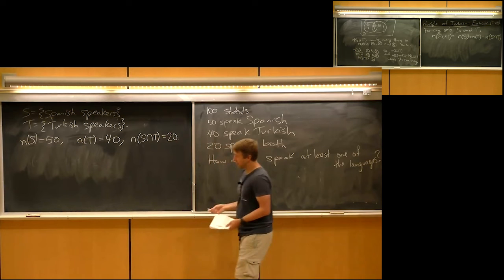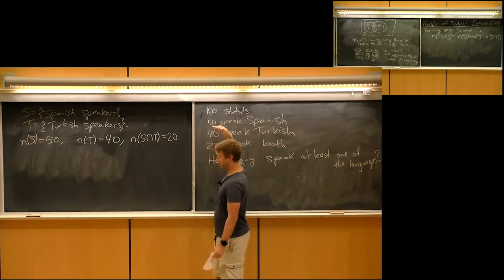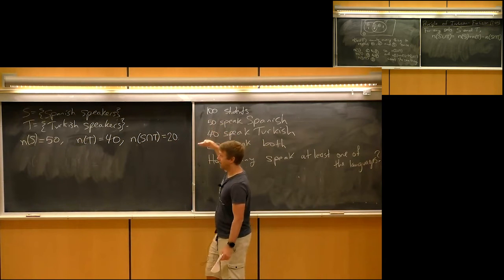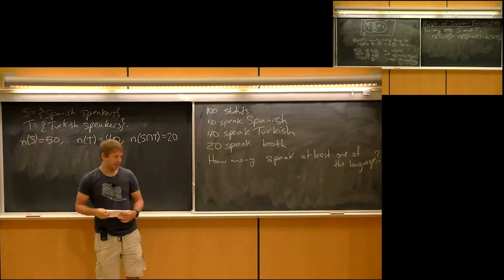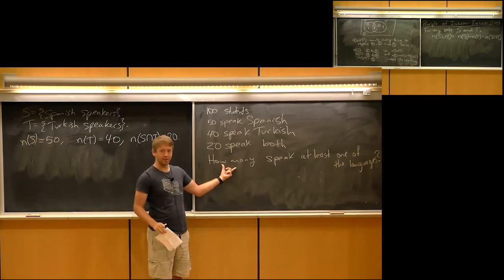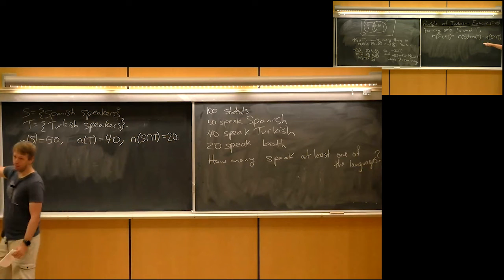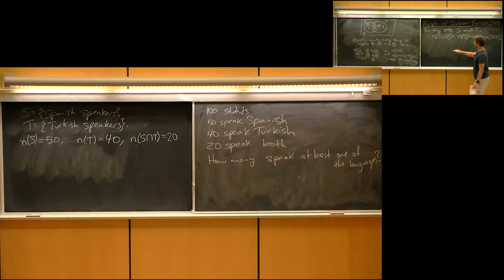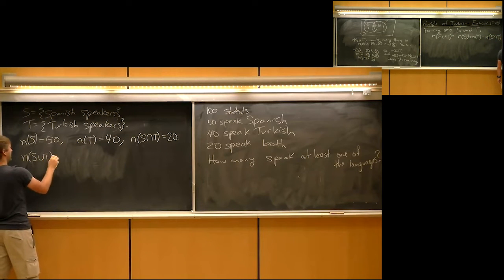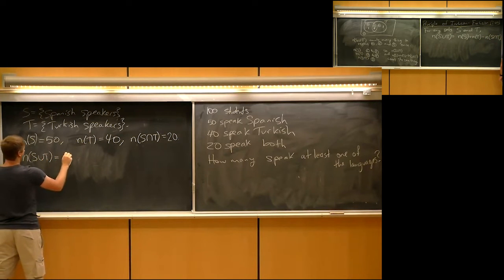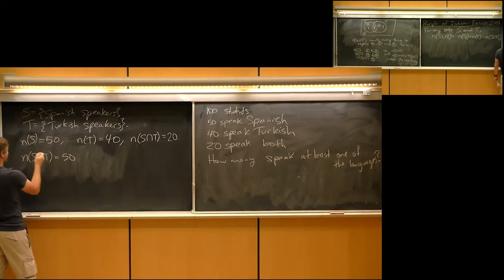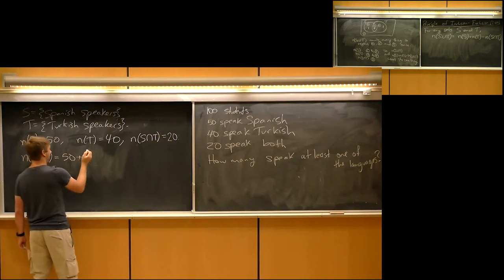Okay, so if you are able to interpret this information, and you understand that this is asking for the size of S union T, then you're pretty much done if you remember the formula, right? So we just compute the union has size, I just plug in n of S is 50, n of T is 40,